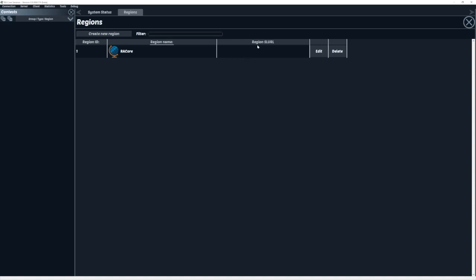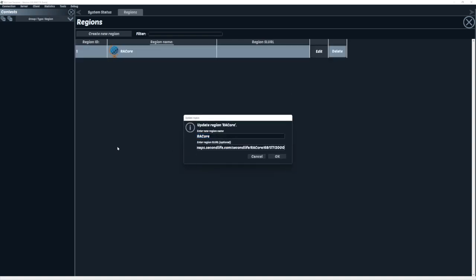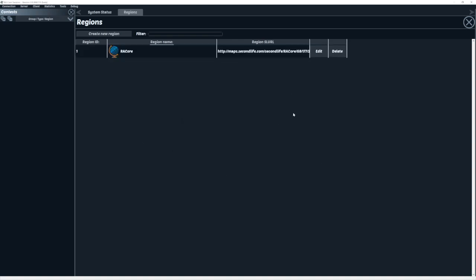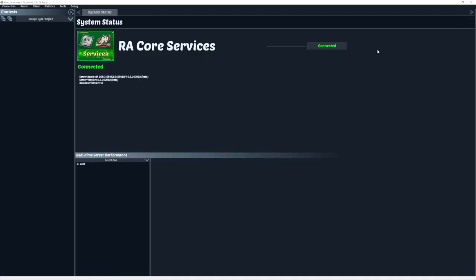You also can put a region SLURL, which is something that can be referenced later, which I will show in contests. For now, I don't have it set up, but we can just as easily say edit, and I can just put it there. And now it has a region SLURL. Say this as you would normally do. So you're going to want to set up your regions here and set up your region SLURLs,